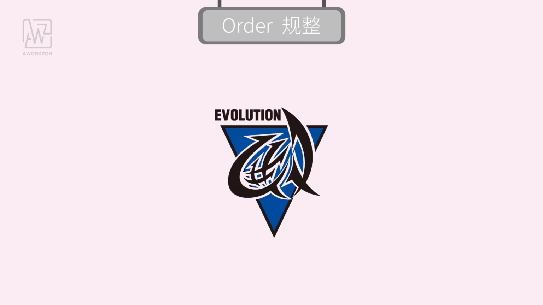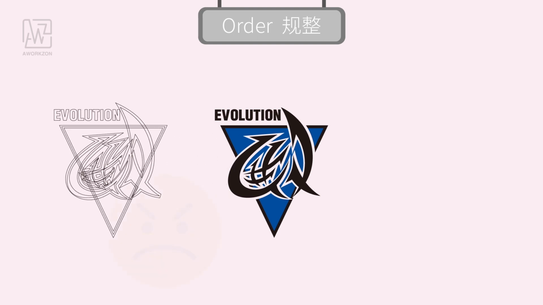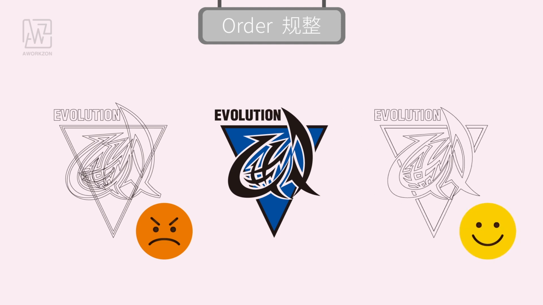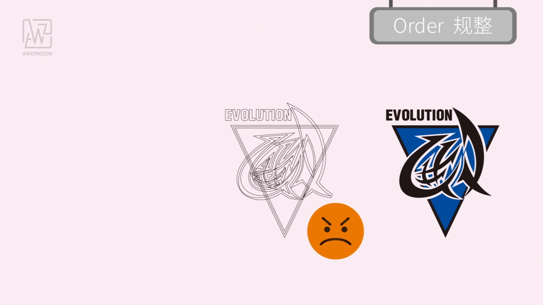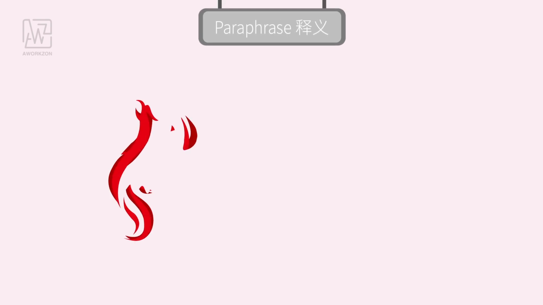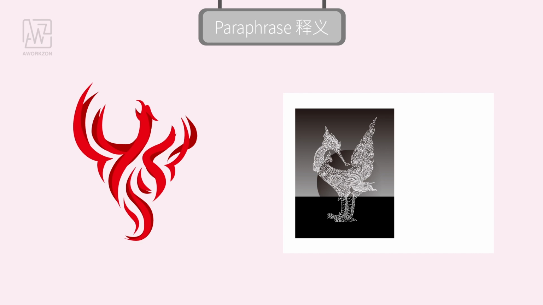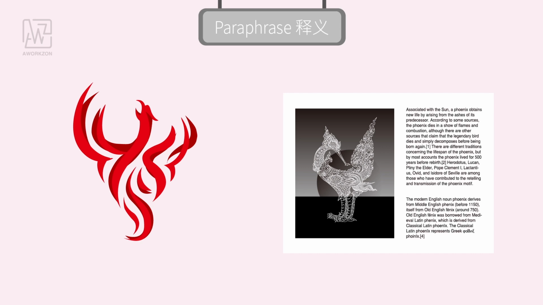When you deliver the final artwork, there will be other designers to use the logo or make some adjustments. If the file is not well organized, it will affect work efficiency, so we have to arrange the file, make it simple and clear. Although we use the image and shape to transfer the meaning of a logo, in many situations we have to use words to guide people how to appreciate and remember the logo.